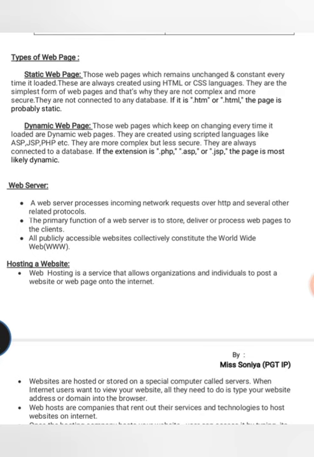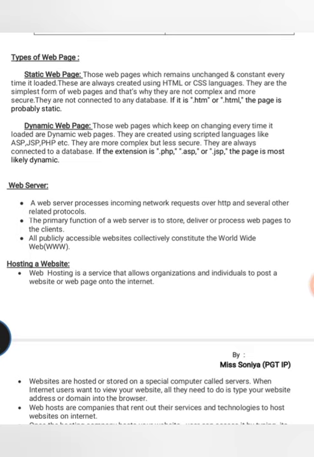So static web pages are those web pages which do not change their data based on any geographical location or any user or any time or anything. They will remain fixed whether you open it in your school or outside the school or outside your country, whether you open it day or night, the data will remain the same. Such types of websites are known as static websites or static web pages.